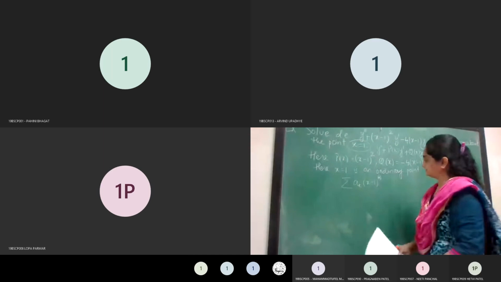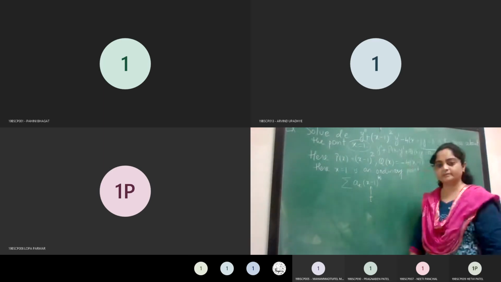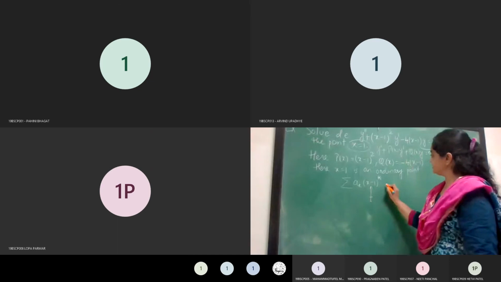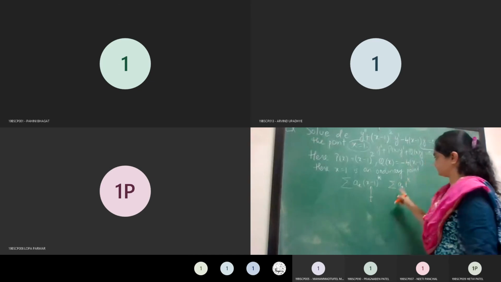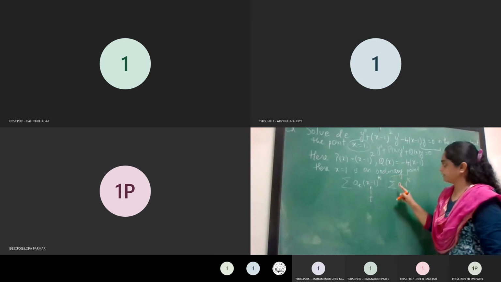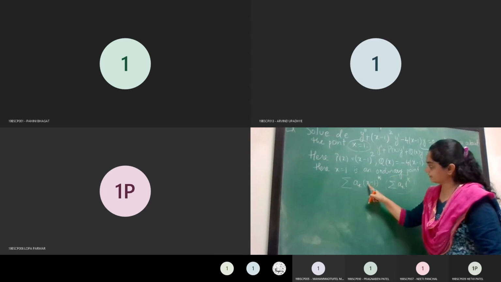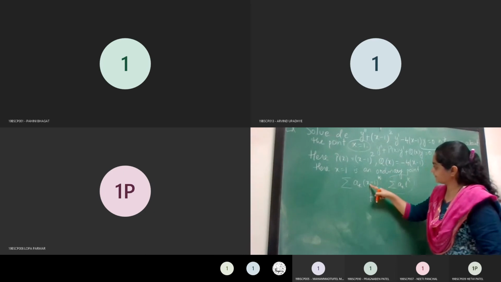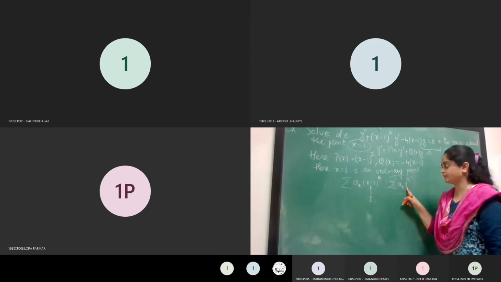So instead of this, if I consider this particular x minus 1 as another variable t, then this will become the infinite series a_k t raised to k. In that case, yesterday only we have seen such an example. Now see, x equals 1 is the ordinary point. Therefore, when you consider this variable in terms of t, can I say t equals 0 will become an ordinary point for this particular case?